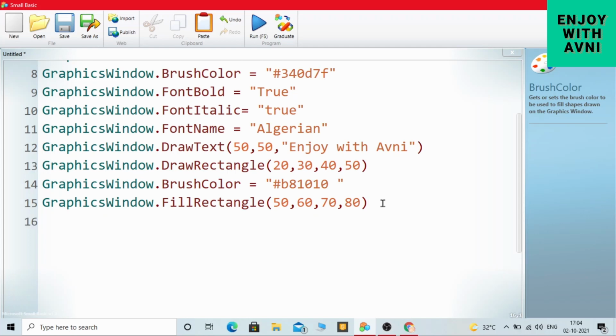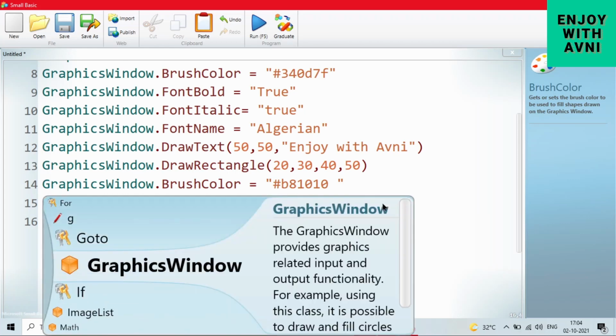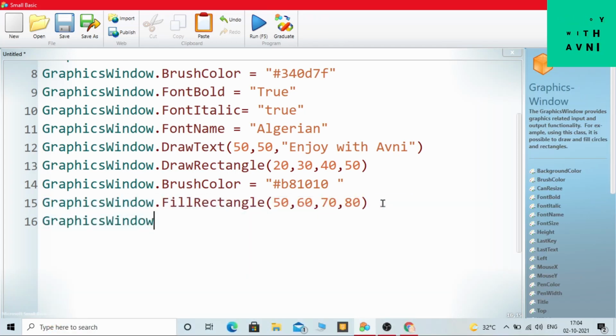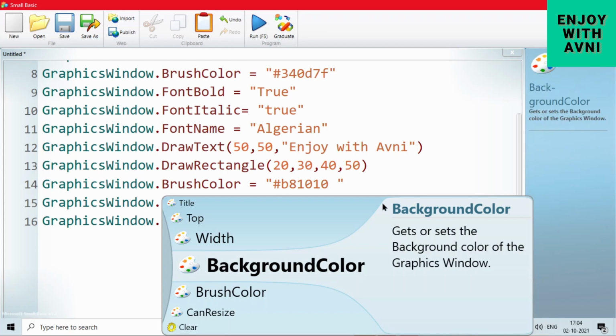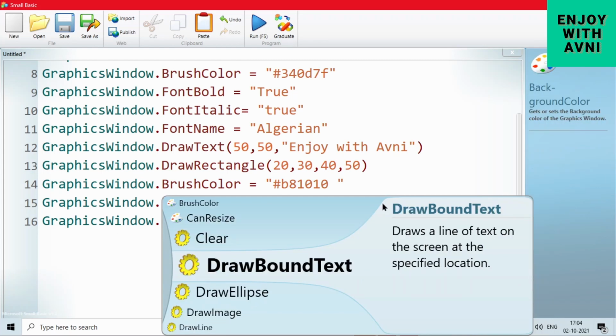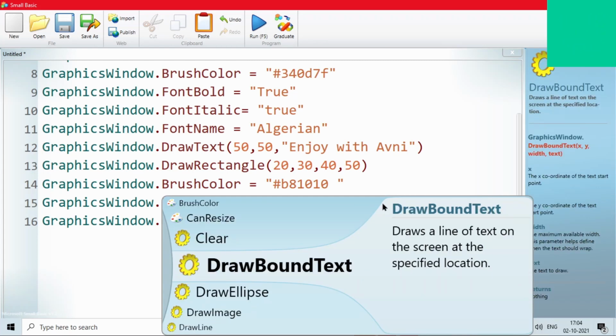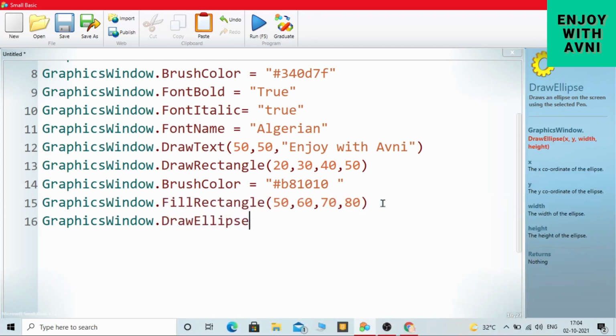Now if you want to make an ellipse, what you have to do is write graphicsWindow, there is the option DrawEllipse. Then in the parenthesis you have to write x, y, and width and height.